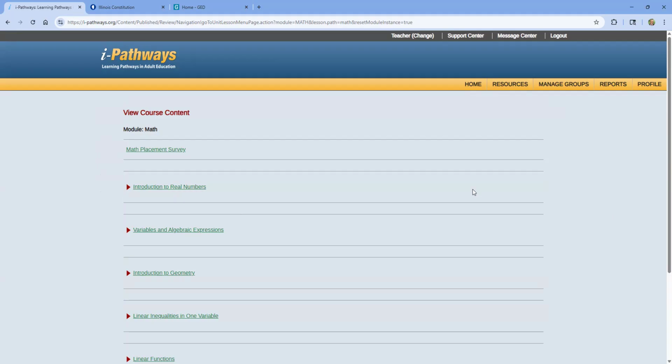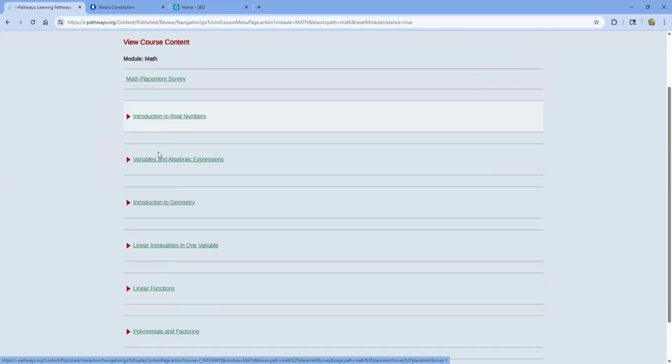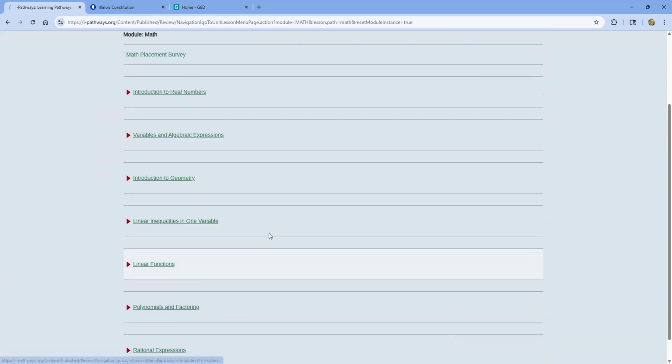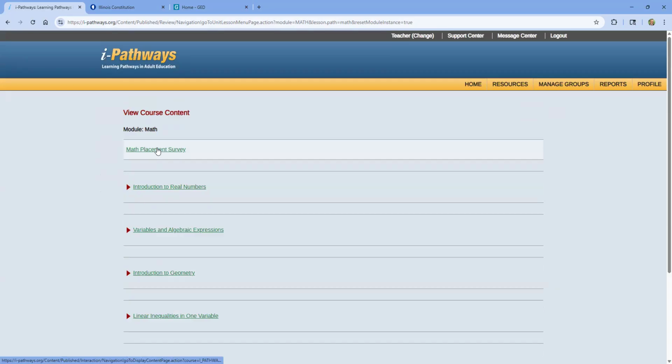Where you actually are going to start with the math survey. So very important here to keep this in mind. These are all the chapters. The math survey is the original test that you take. The better you do on the survey, the more assignments can get checked off of your list, so that they become optional. The poorer you do with the survey, the more assignments you have to complete as mandatory. So again, the placement survey is something that you do with every part.